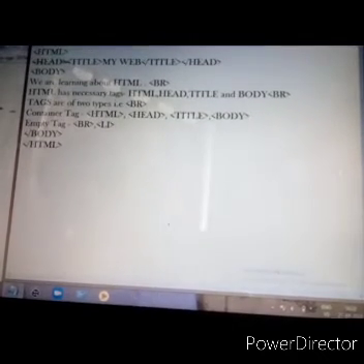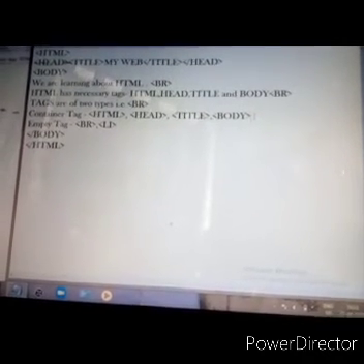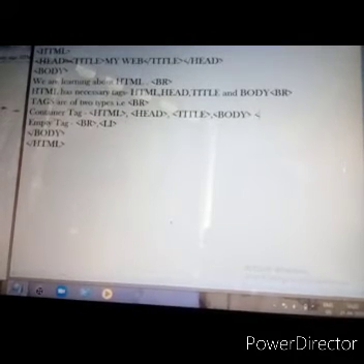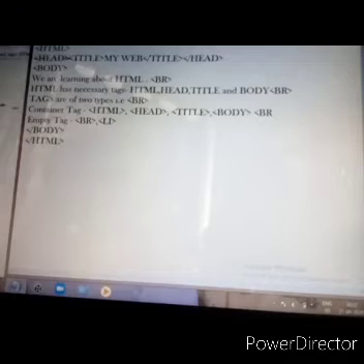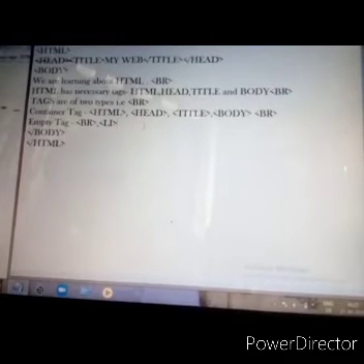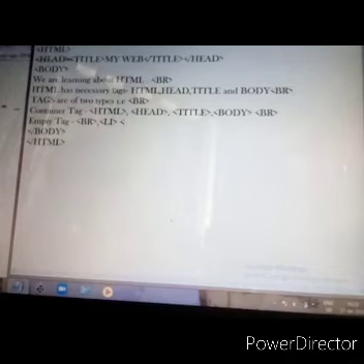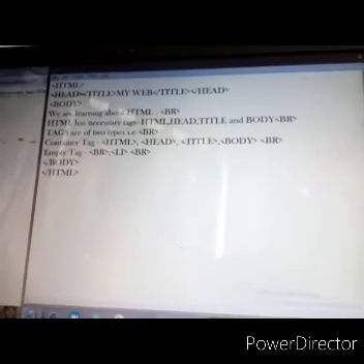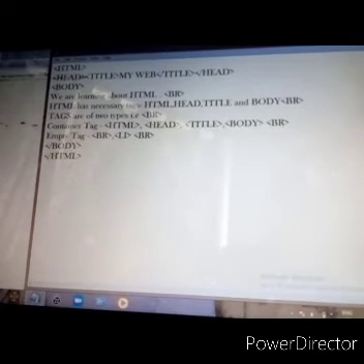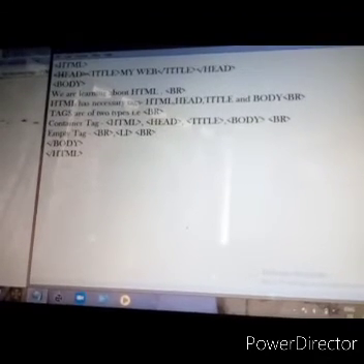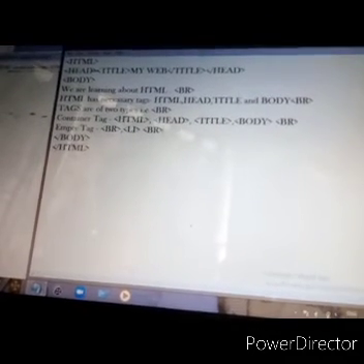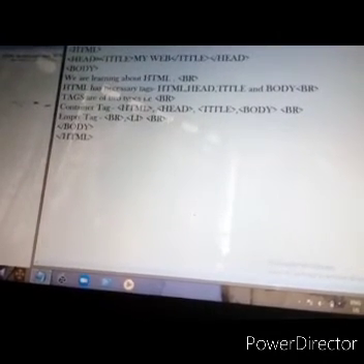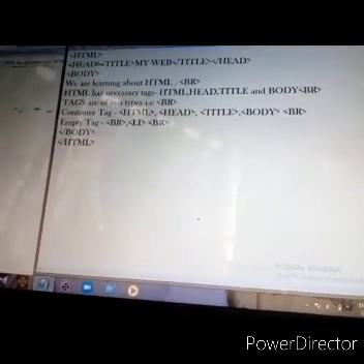Now can you tell me which type of tag the BR tag is? It is an empty tag, and for that we don't need to have an off tag. So simply, you will be writing the BR tag. One more thing I have to say is that the tags here I am writing in capital letters. It is also not compulsory to write the tags in capital letters. You can write it in small letters, in capital letters, or a combination of both.